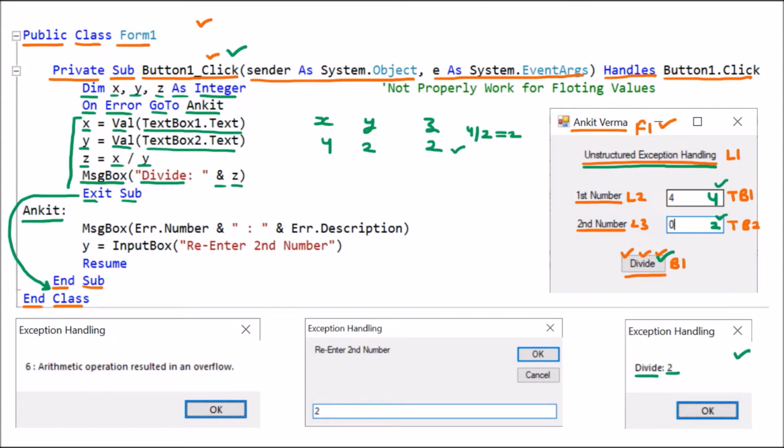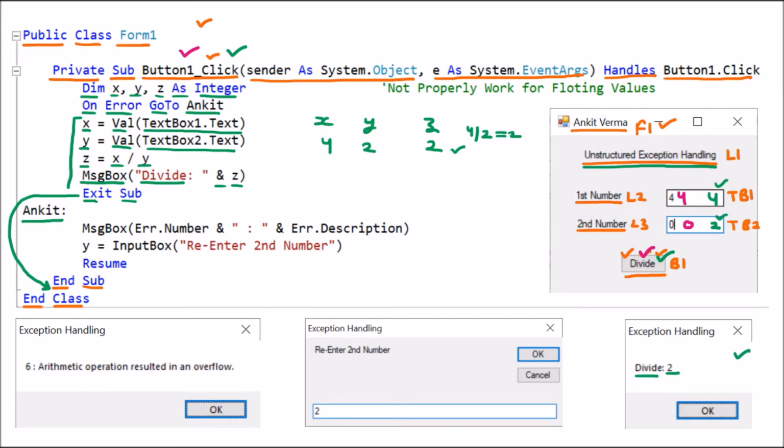Now we are checking the program with an exception. We know that exceptions are runtime errors. Whenever at runtime the user gives something which is like an exception, let's say here the user gives the first number as 4 and the second number as 0. We know that divide by 0 is an exception. Now how will this program work? After 4 and 0, the user clicked on the Divide button. Then afterward the button coding will work.